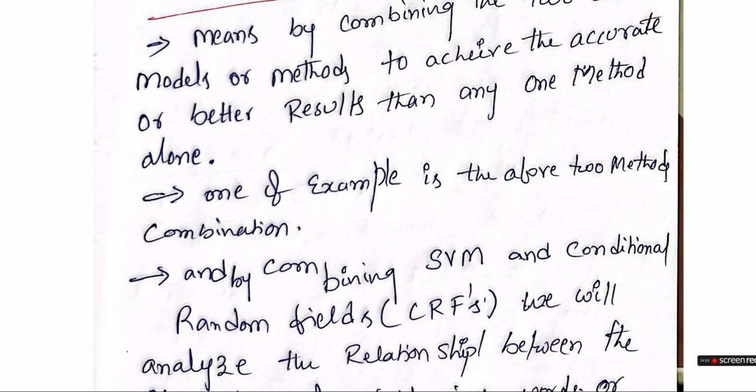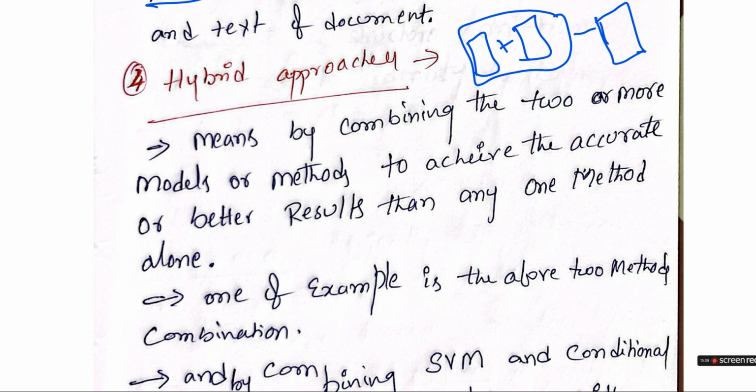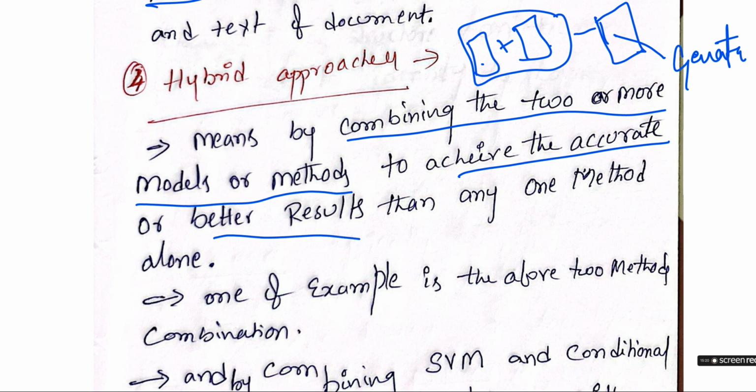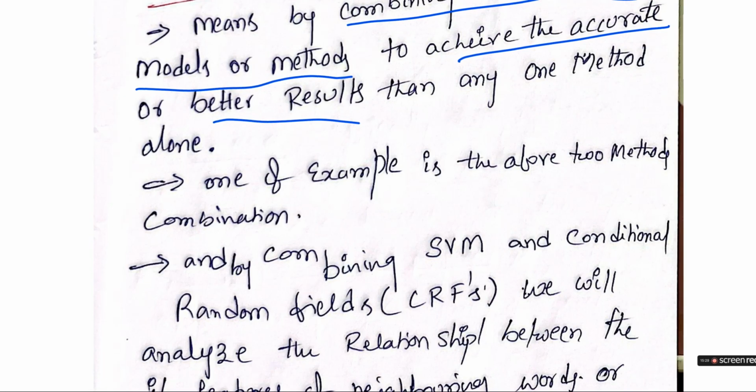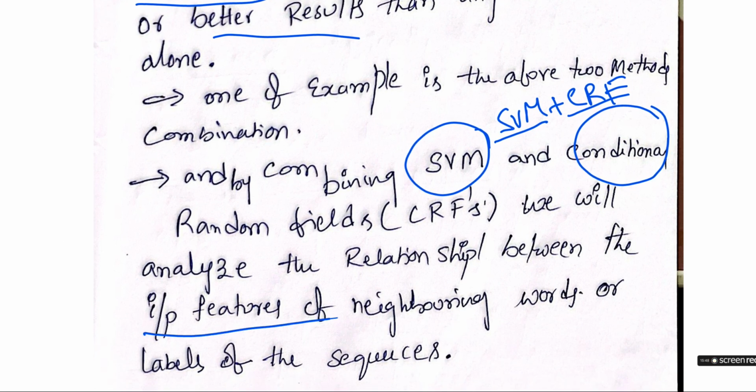Then coming to the fourth one, hybrid approaches. Hybrid approaches means, just remember, that by combining two models we make one model. By combining two or more models or methods, we will achieve more accurate or better results than one method. Here are some examples I have given, like combining SVM and conditional random fields. SVM plus CRF. By combining these two methods, one an algorithm and one a statistical model, we will analyze the relationship between the input feature of neighboring